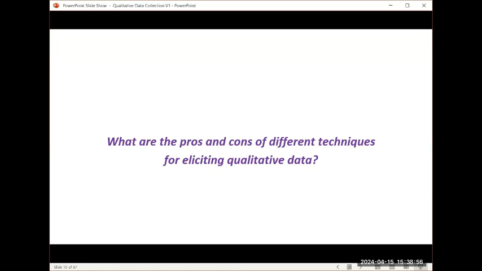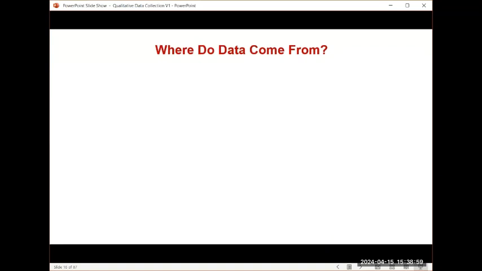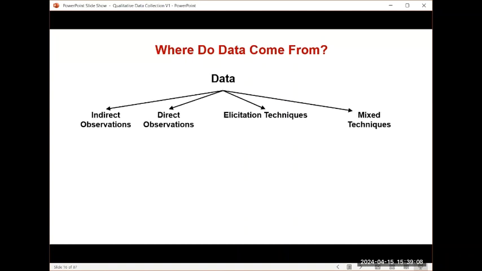So first question you have to ask is, where did data come from? Where's the magical source of data? Well, there's only three places they come from. They come from indirect observations, direct observations, or elicitation, or some combination of all three. Indirect observation, sometimes referred to as secondary data, is everything that is collected, that there is an archive of, sitting there, collected for some reason, and you now can use that set of information for answering your own particular research question.